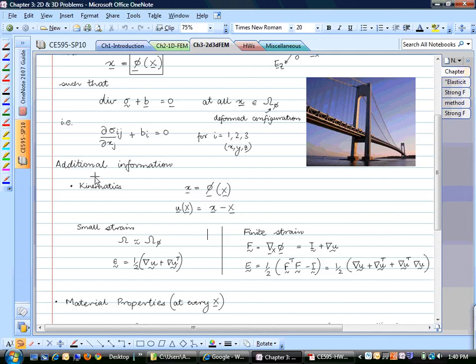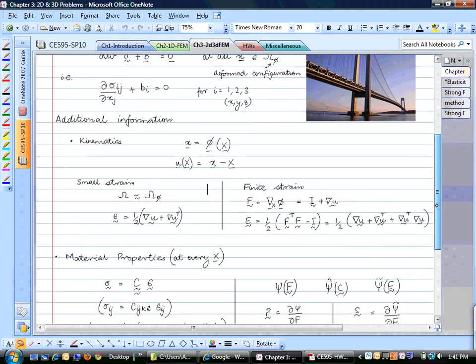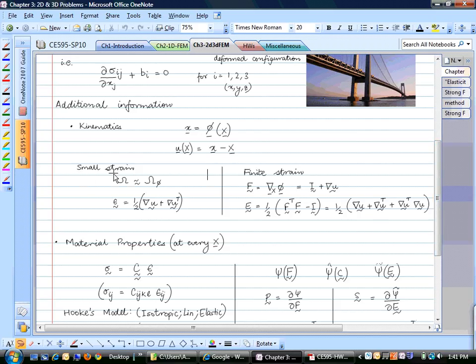Some of the additional information that you would need to solve this forward problem, and we'll stick to the forward problem of mechanics, is that we will define some quantities given our map. We'll define the displacement as the difference between the deformed and the original configuration. And we will come up with 2 types of strain measures, something that we went over in the review. If we assume that your deformed configuration is approximately the same as your original configuration,